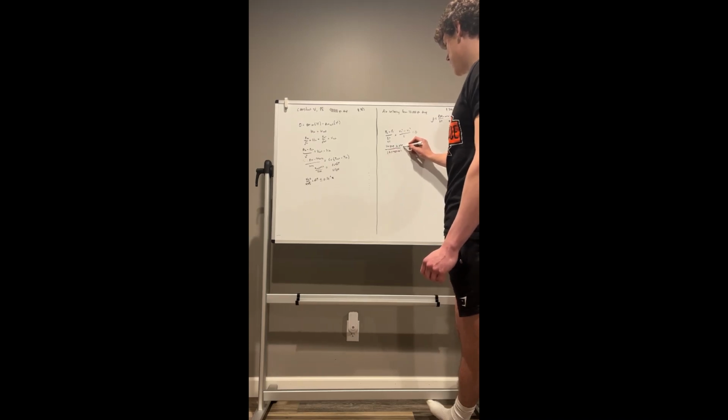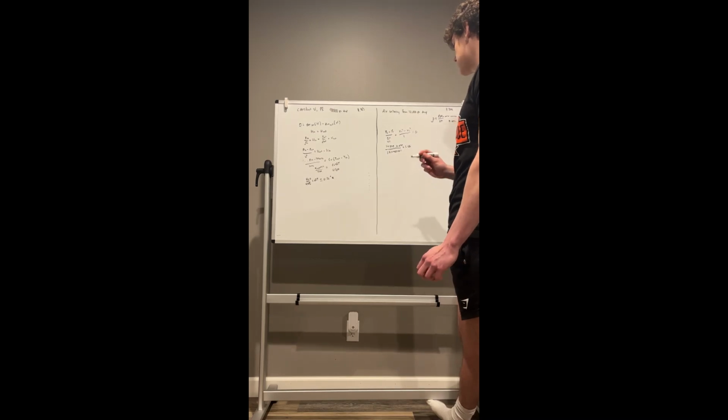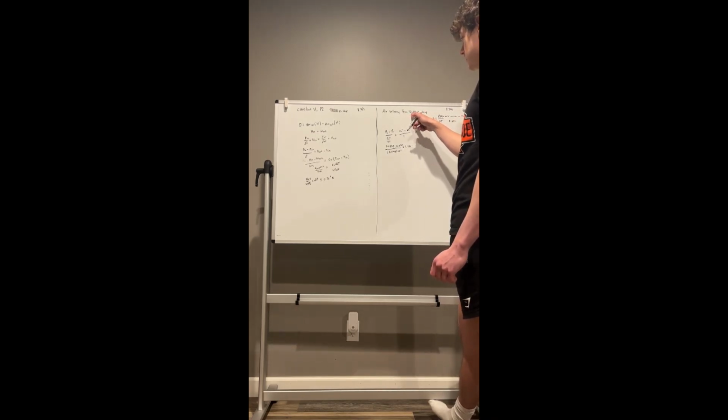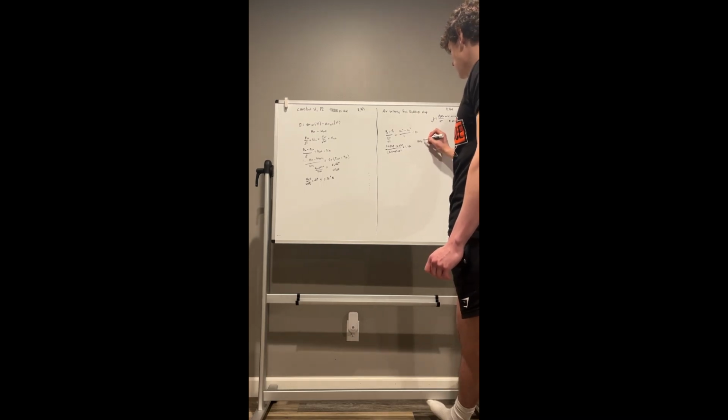And this simplifies to be about 1.186. And our change is going to be 10,000. So on top, we'll get our equation back equal. So 10,000 over 1.186 plus